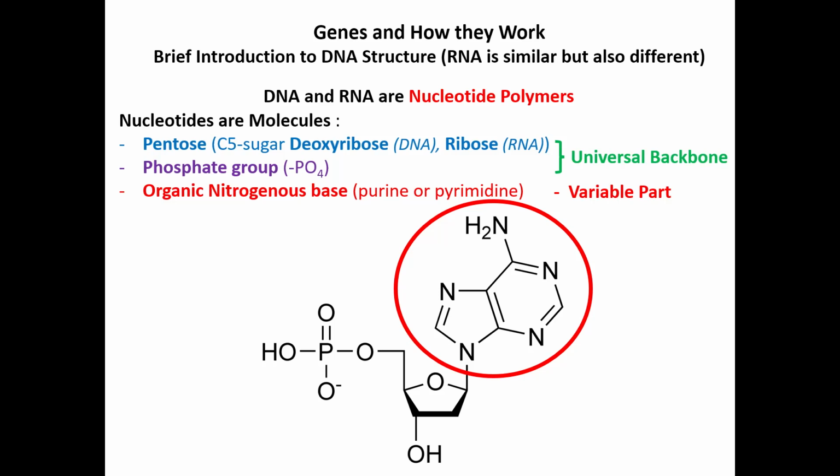And this organic nitrogenous base is probably the most variable part in those nucleotides used to assemble DNA and RNA polymers, because here we have a total of 5 different of those base molecules that are used for the different